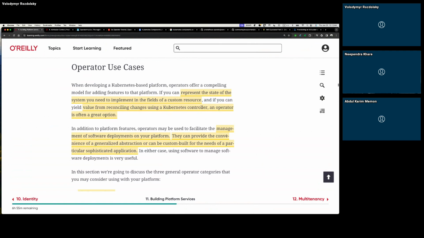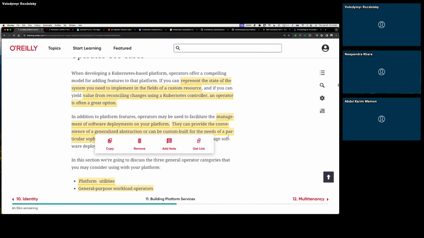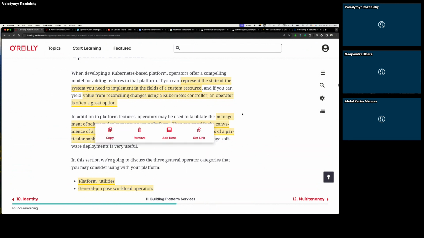Okay, so the operator use cases. The main purpose of operators in the cluster is, as we already talked about and described with the database use case, where you want something to watch over your resource and reconcile the state, as they say, and manage that resource inside the cluster.